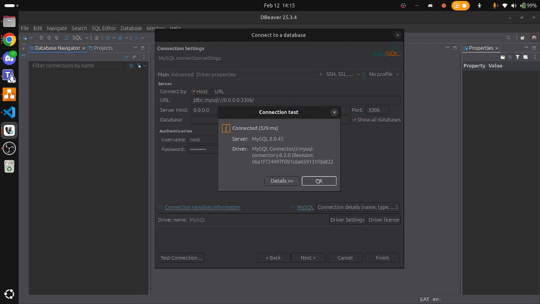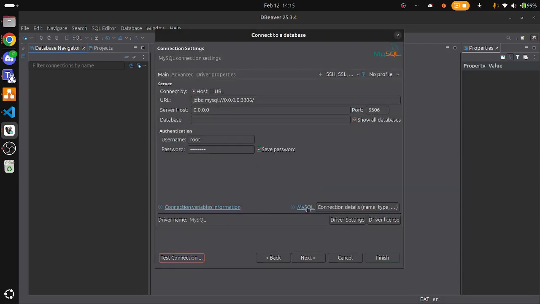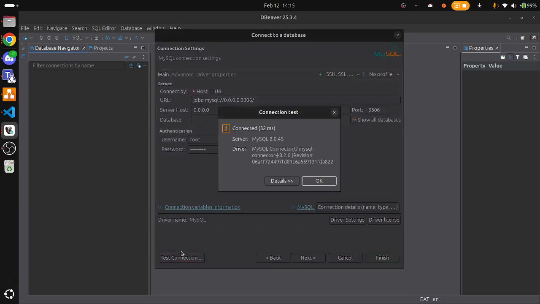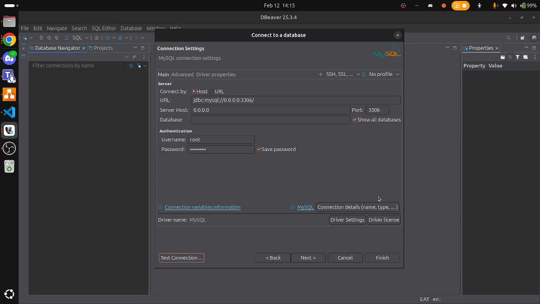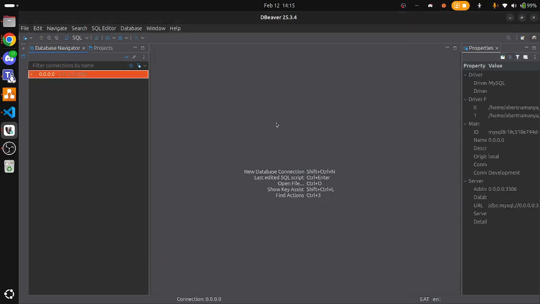At this step, this is where it's going to ask for a connection driver. If you don't have the connection driver, allow it to bring a pop-up, allow it to install that connection driver, and you'll be good to go. So now we click finish. So now we are completely in our